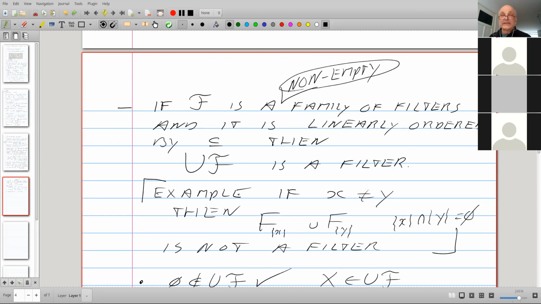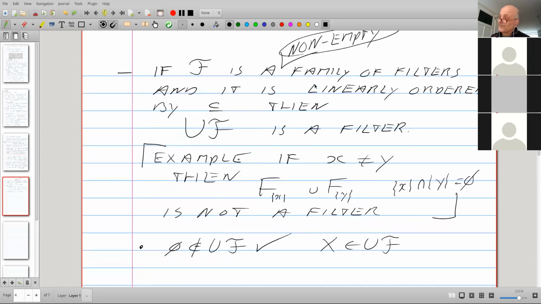This is something that I tend to forget all the time. All my sets are usually non-empty. And of course here, if I want to show that X is in the union of the family, there has to be something in the family, otherwise X is not there. But since the family is non-empty, there is at least one filter in it and X is in that filter, done.